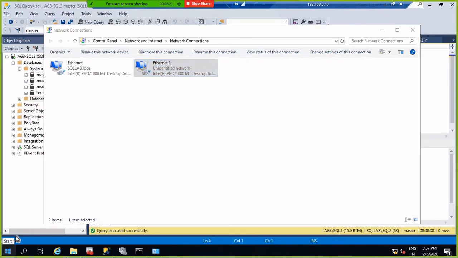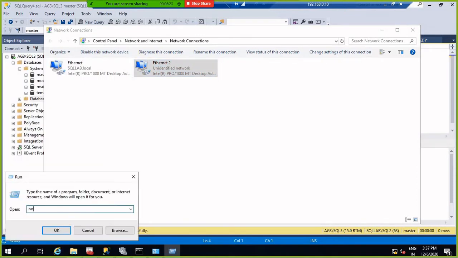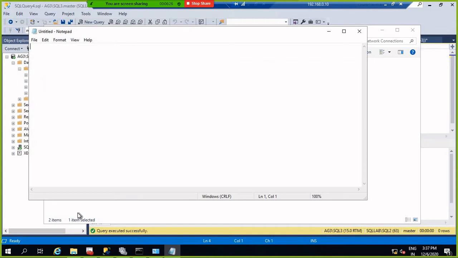My two node IP addresses are 192.168.1.40 and 192.168.1.41, and now this becomes 192.168.1.44.